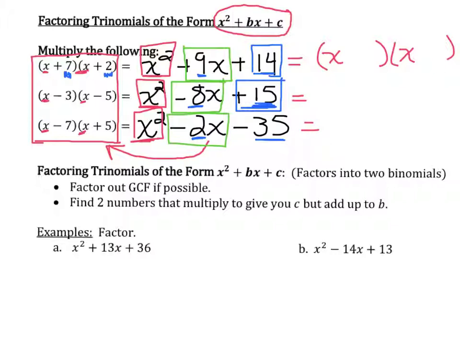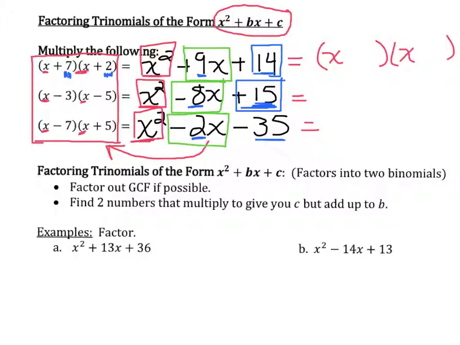So I always start in this fashion right here, and then I look at my constant term. I want to find 2 numbers that multiply to give me these constant terms, but add up to our linear term, or our middle term with x to the first power here. All right. And so if you want to write that out,